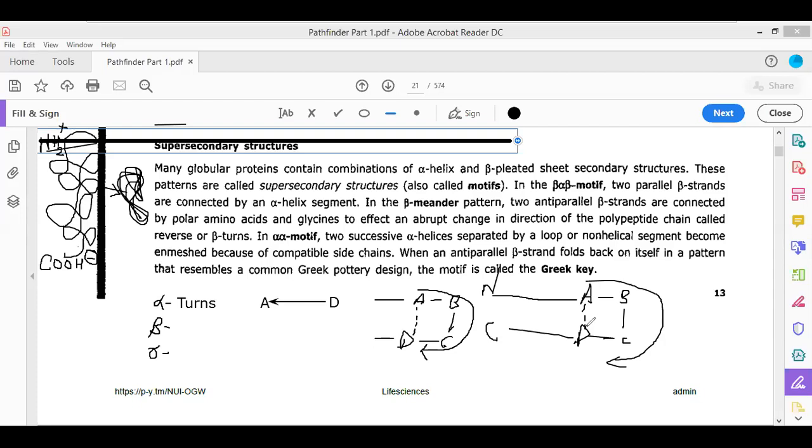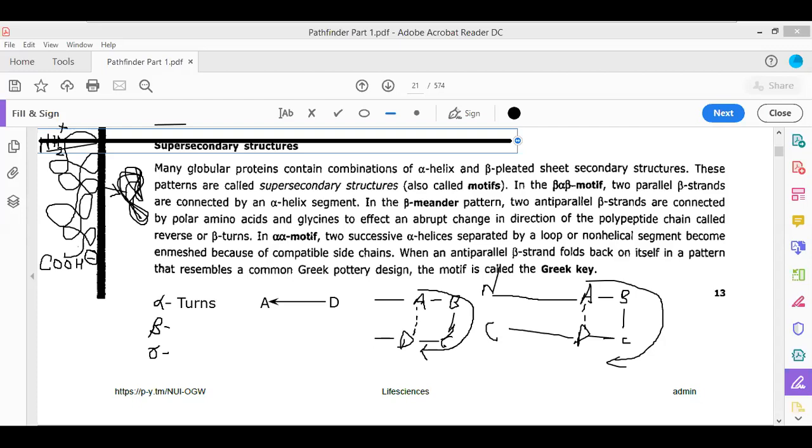Didn't understand? Let's understand in Hindi a little. Look, to change the direction of any polypeptide molecule, we add 4 amino acid residues, such that the first and the last amino acid residue have a hydrogen bond. So this structure will alter the structure of the polypeptide and its orientation will be altered.